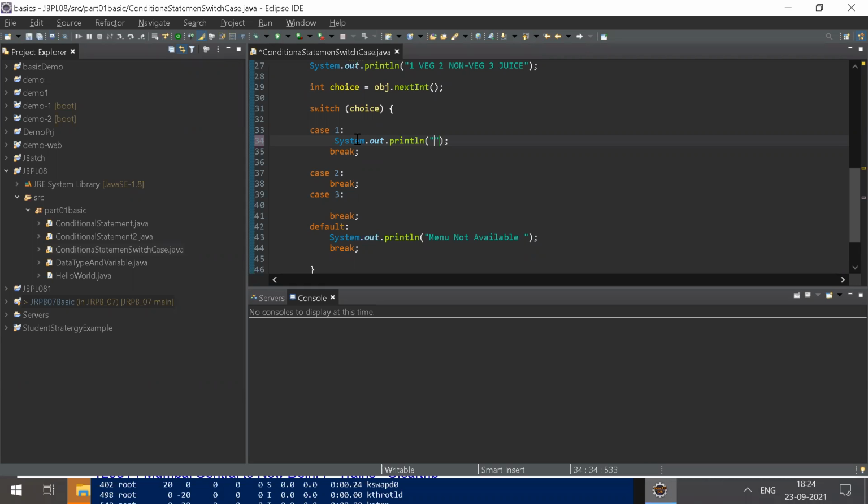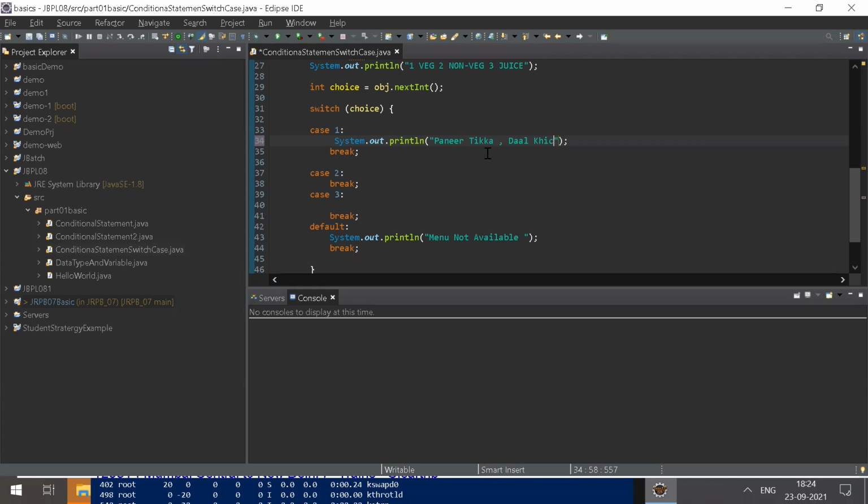What is a veg menu? Can someone help me write a few dish names? Paneer tikka. Okay. Any other? Dal khichdi.